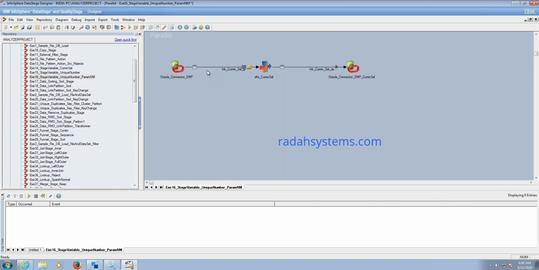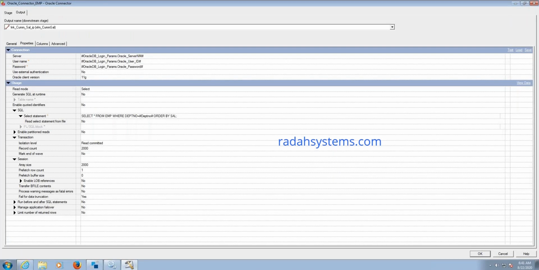So we have created a job runtime parameter. Now double click on the source database. Here there is a user defined SQL. Whenever you want to use the job runtime parameter to filter the data based on some condition, you need to define the user defined SQL, so generate the SQL at runtime. Here I have given the select statement.